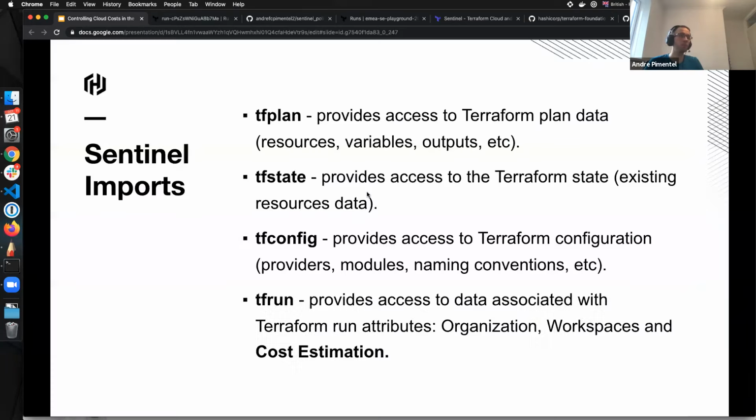The TF state import provides access to the Terraform state, so existing resource data that we are not specifically changing, but is already there. The TF config import provides access to the Terraform configuration itself: which providers we're using, the modules we are using, versions of modules, if those modules are from the Terraform registry, if they're internal modules or from the private module registry.